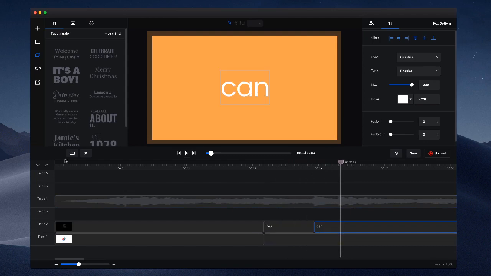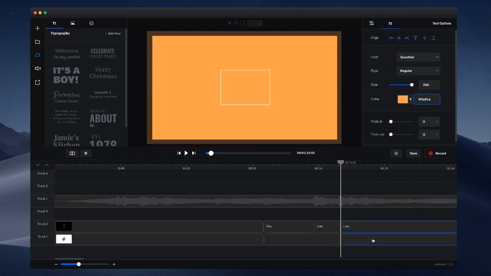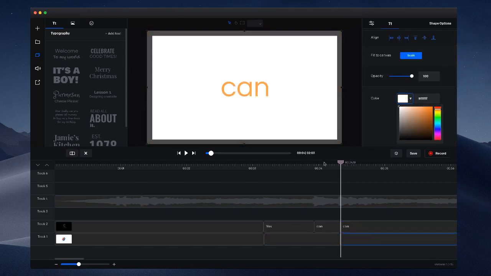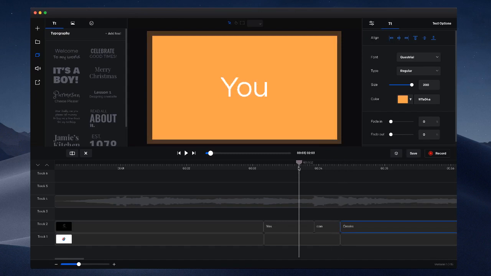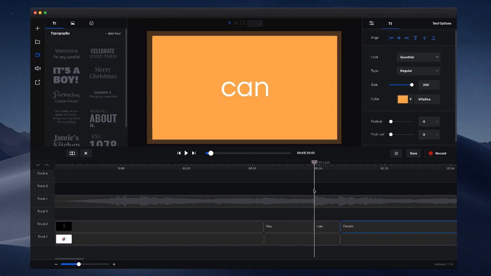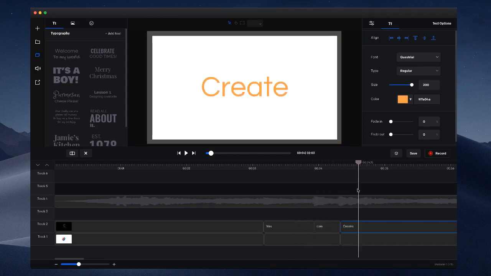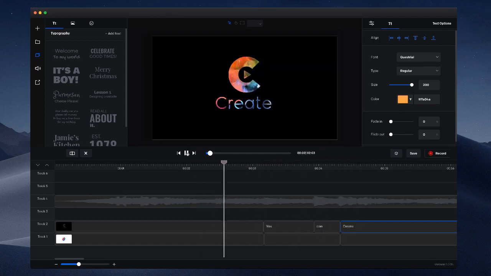So I'm just going to cut this text, and I'm also going to cut the shape at the bottom. And what I'm going to do is change the text color to orange, and I'm going to change the background color to white, and I'm going to change the text. Okay, cool. So this is a simple change, but it actually adds a really nice kind of dimension to this text. So it goes from white text on orange background again, and then it changes to orange text on a white background, okay? So it goes from like this,